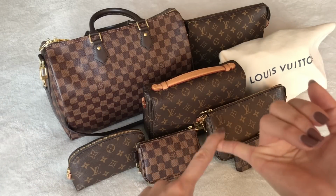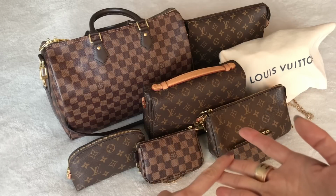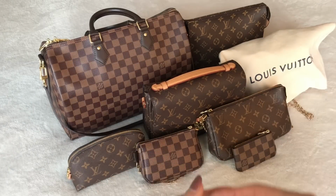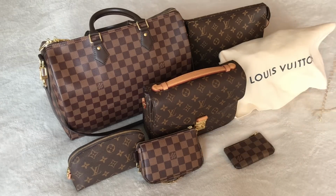Not only the Speedy that I was checking out for my friend's mom, but every Speedy in every size, every print, even the bandeau versions. And then I started to get curious, so I looked at the Pochette Matisse and the mini Pochette and the cosmetic pouch and the key pouch. Okay, and the Pochette Accessoires. I mean, guys, this one here is...